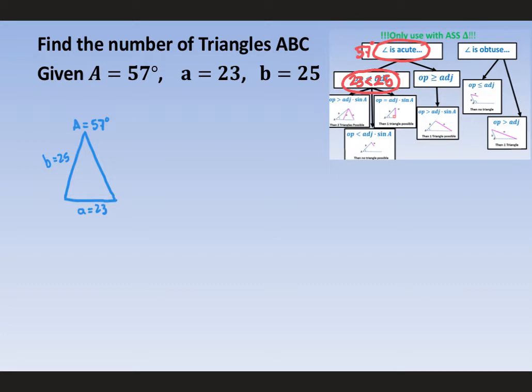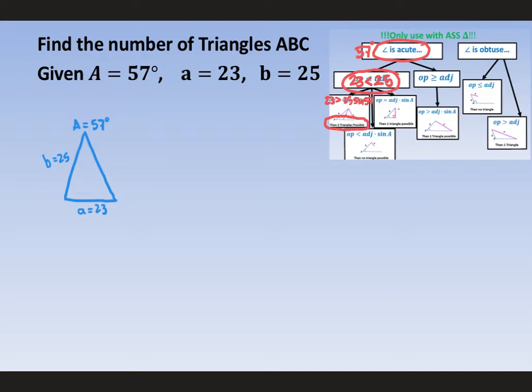That means I have three potential outcomes, and I need to see what's going to happen. So I'm going to look at my opposite side still. My opposite side is 23, and then I'm going to do 25 times the sine of 57. That gives me 20.9. So my opposite side was 23, and that is greater than my adjacent times the sine of 57, which was 25 times the sine of 57. When I calculated it out, I got on this branch,